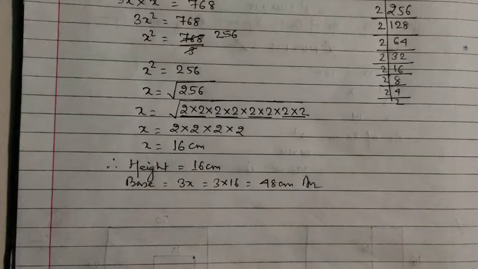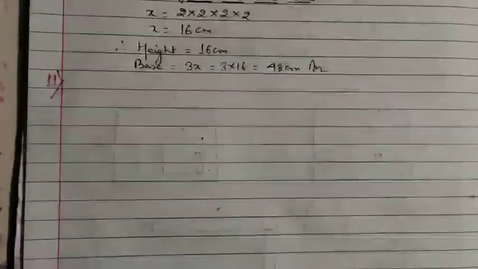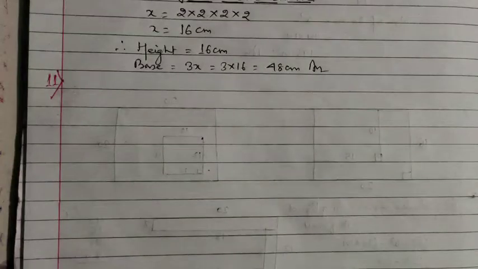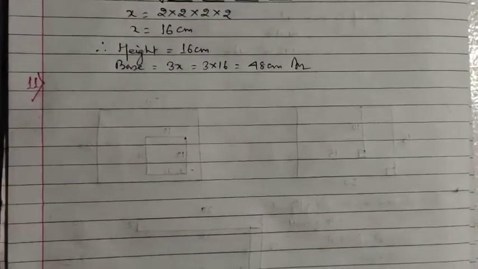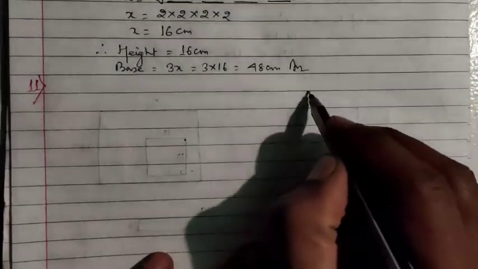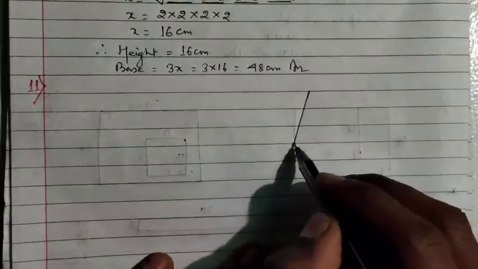That is question number 10. Is it also clear to you? Next we are going to solve question number 11. Question number 11 is saying find the area of rhombus if its diagonals are 30 centimeter and 24 centimeter. Here a new term rhombus is used. First we will understand what rhombus means.